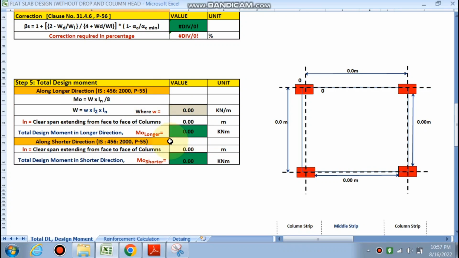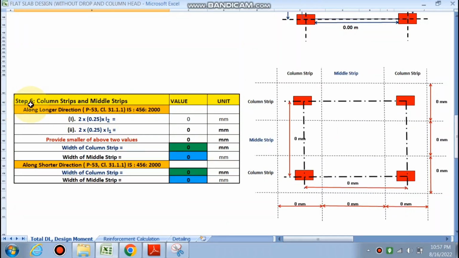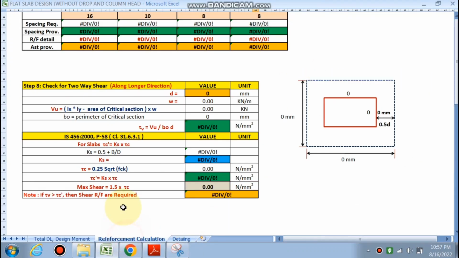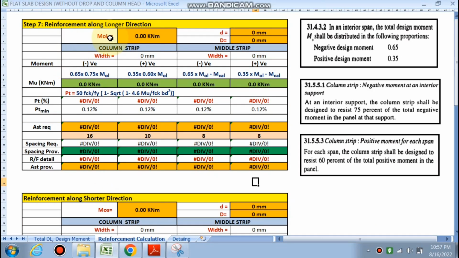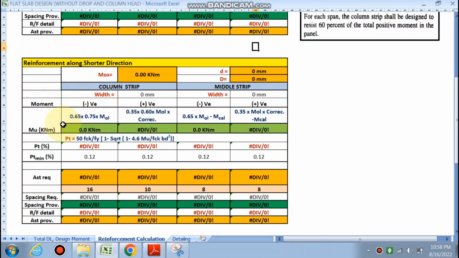Total design moment will be calculated by this sheet. Next step is the column strips and the middle strips. In the case of a flat slab, you need to divide it into the column strips and the middle strips. Next, it will calculate the reinforcement. The final aim is the reinforcement calculation along the longer direction, and along the shorter direction by